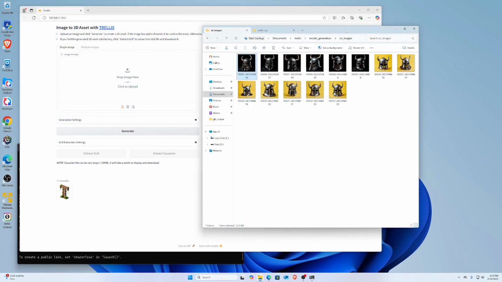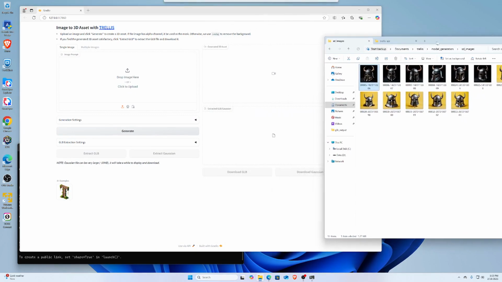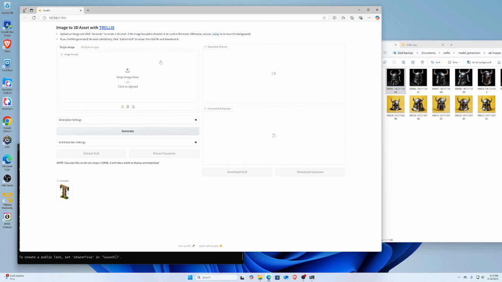So Trellis's interface, before we start generating anything, let's look at what we have. We're going to be using the single image version because we have only one image of the object that we're trying to generate the 3D mesh of. In case you have a real life object that you took photos of from multiple angles, it would be possible to go with the workflow that uses multiple images. However, for this short tutorial, it's going to be single image. So this is where we're going to drag and drop one of the images of the helmets that we generated